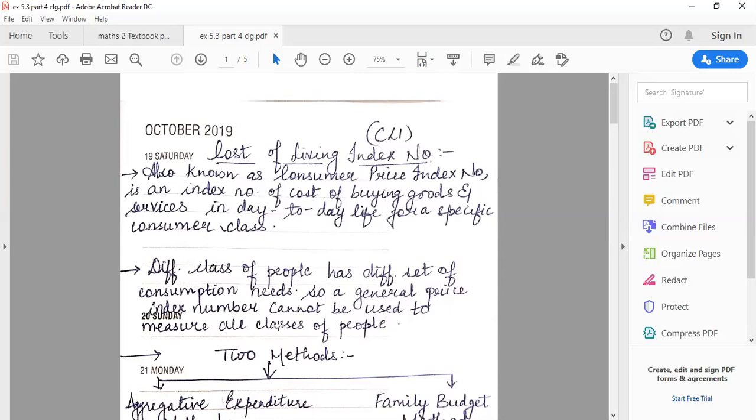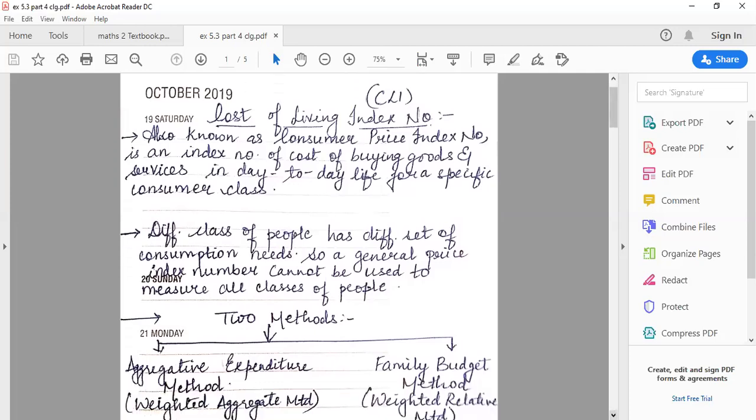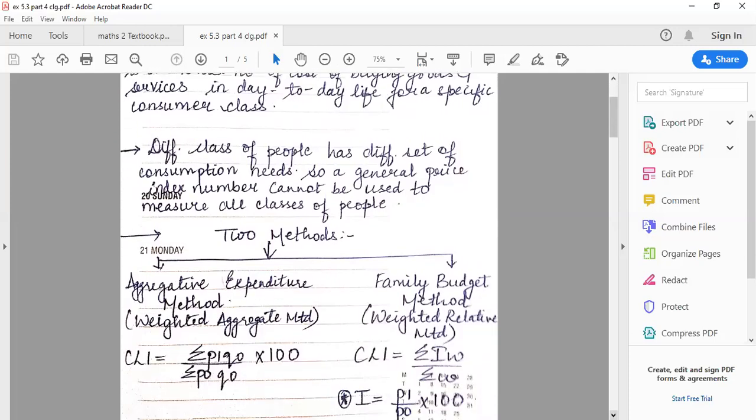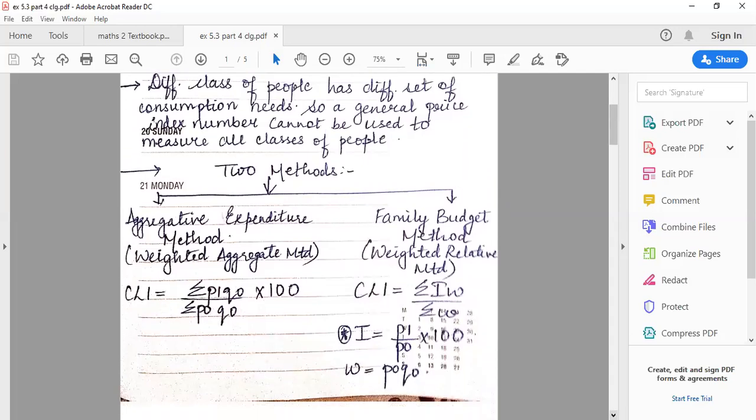So that is why in CLI, that is cost of living index, there are two types of index numbers which are given. There are two methods by which we can calculate it. Before I tell you all the formula, just relate this concept to the basic salary which every month comes at home, that your parents earn, they bring salary and they spend on different needs, correct? Last year we studied in economics what are the basic necessities: food, clothing, shelter, health and education. These are the basic necessities of our lives.